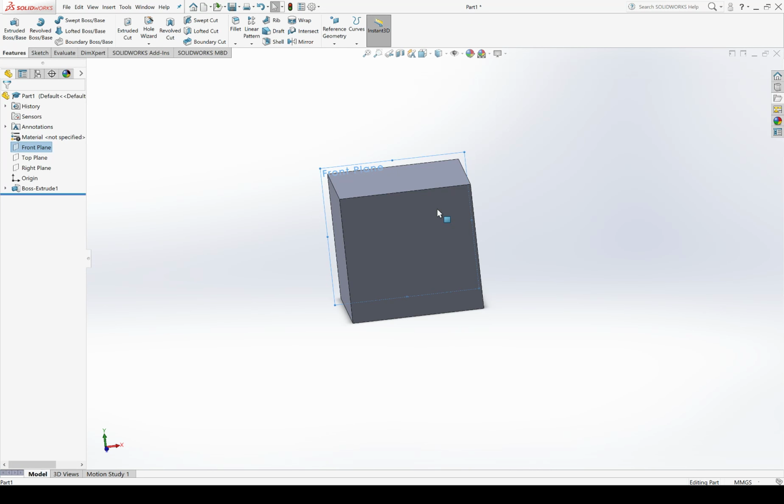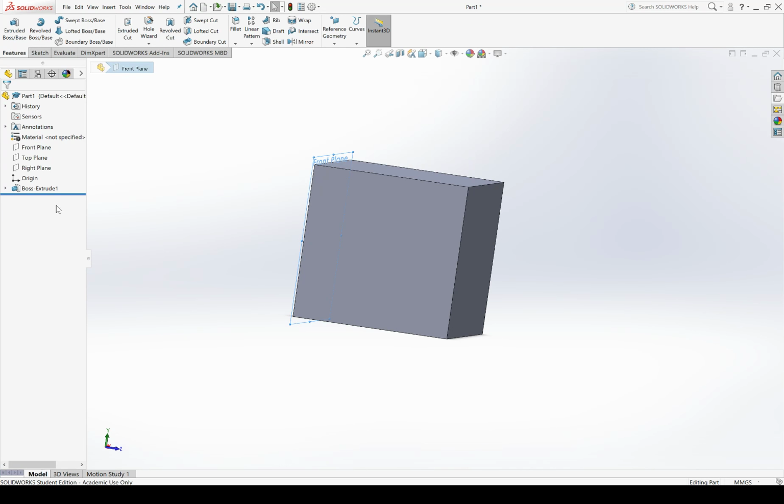So if I wanted to change that so that my cube was actually centered in all three directions, I could edit that extrusion to extrude one direction of 10 millimeters, the other direction of 10 millimeters, or I could also tell it to extrude equally so that the total dimension was 20. The way that you edit extrusions, the way that you edit any feature actually, is by right-clicking on that feature in the hierarchy and hitting Edit Feature. So it brings me back to where I was before.